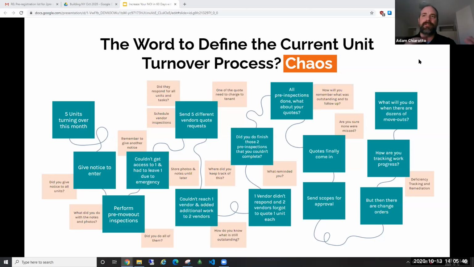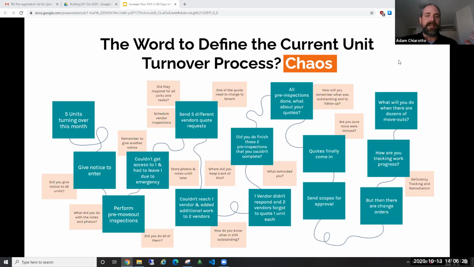But when I'm dealing with 5, 10, 15, 50 unit turnovers a month, if I forget to inspect the unit, that's a problem. If I don't hear back from a vendor or a contractor about one unit, that's a problem. There are so many different balls in the air during this unit turnover process. We want to make sure that none of these balls get dropped, none of these balls fall under a table or get kicked into a black hole and get lost until the point where that ball gets found and it's like, oh, I forgot to inspect that unit, or, oh, right, I didn't hear back from the painter about that unit.